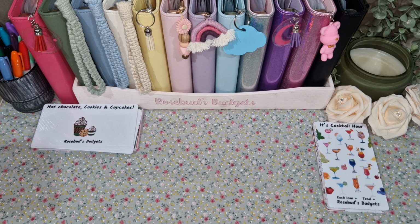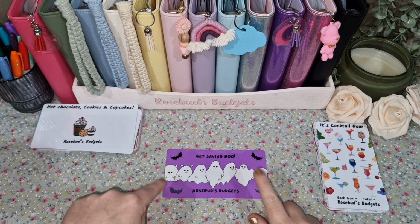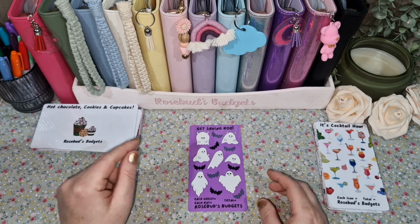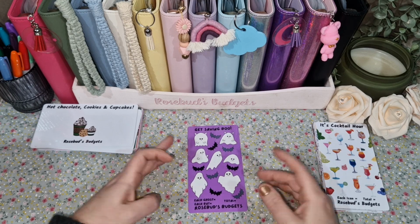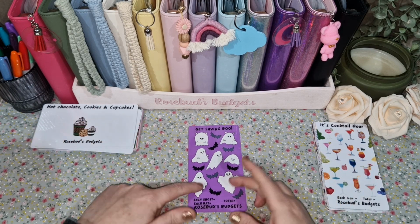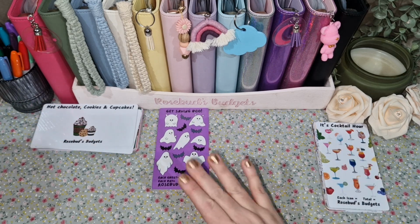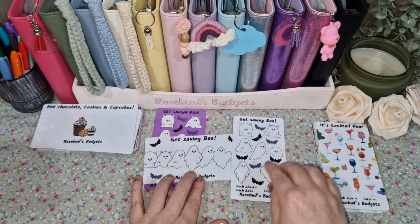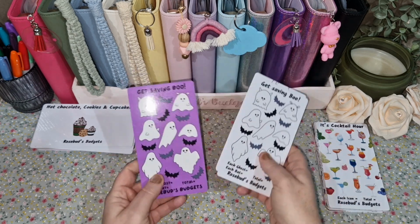So we have Get Saving Boo. So it's purple, and on the back it is this. So I use this in my Teeny Tiny Tuesdays, and I saved each one as 1 and then the bats as like 50p each. You could do each as 10 and the bats as 5. You do whatever you want. So that is the colour version, and then there is going to be the black and white version. But again, I really like both versions. So that is like a Halloweeny one,